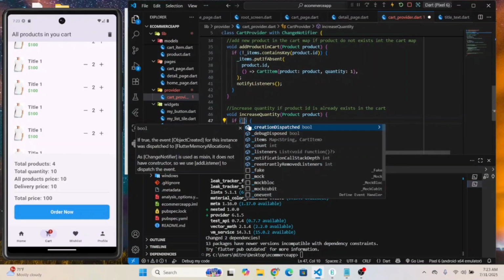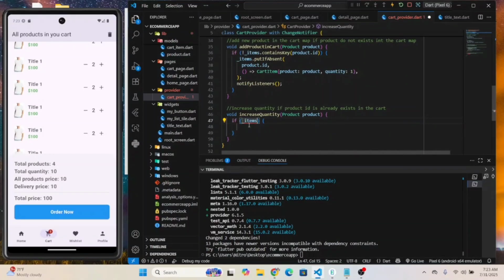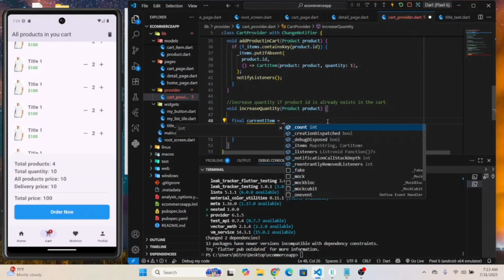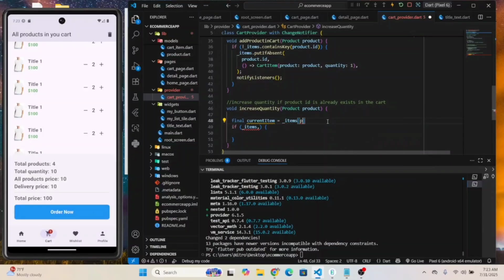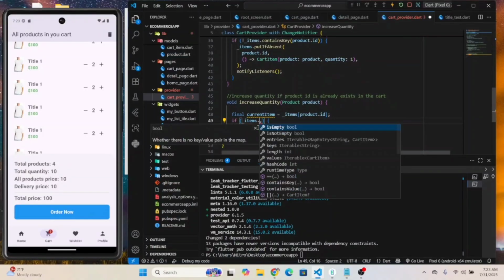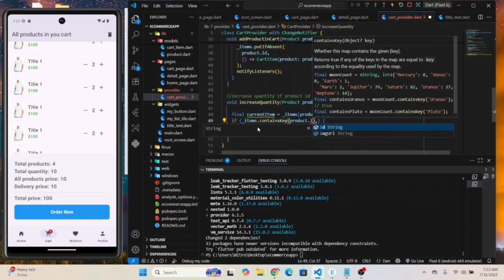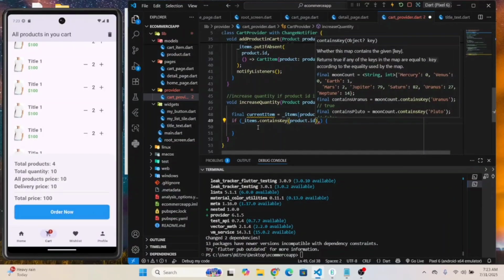Write the condition if items dot, okay, over here, let's get the final current item cast to items, give you a product ID, and if this items dot contains product dot ID,